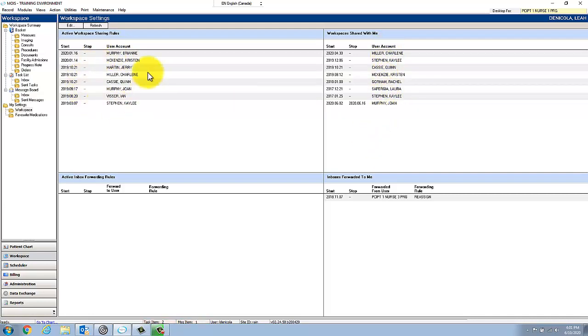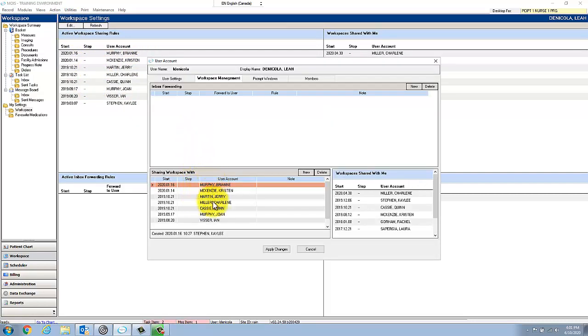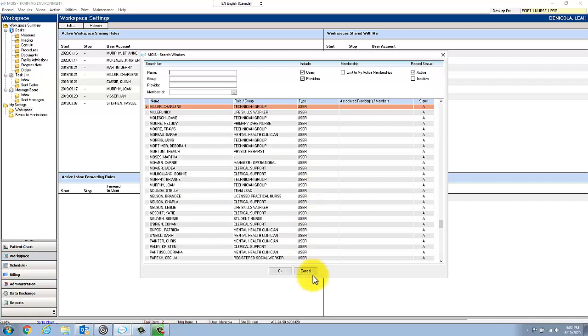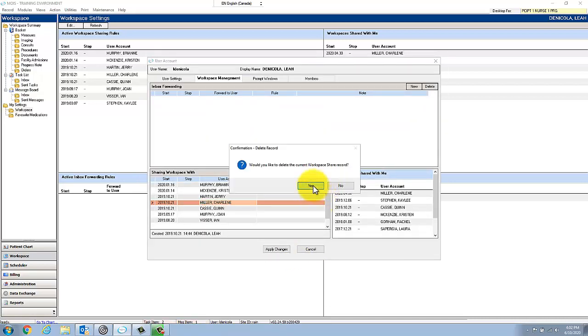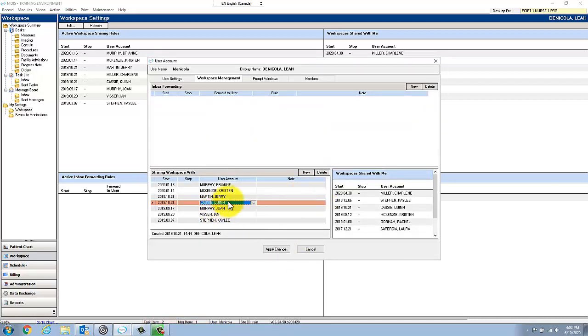If I want to edit my list, because I can only control who I'm sharing with, I can click this little edit button up at the top of the screen, and this is where I can maintain my list. So if I want to stop sharing with somebody, I could select them and hit the delete button. Now Charlene, once I hit apply changes, will no longer be able to see and acknowledge